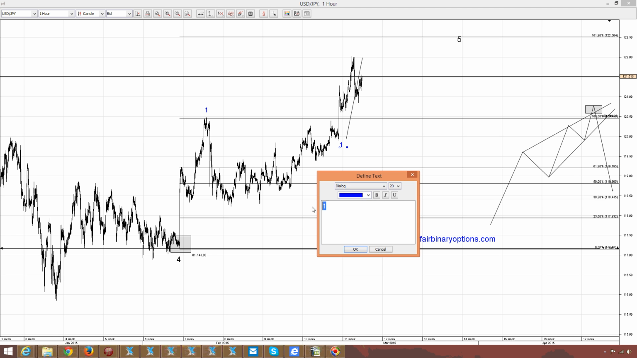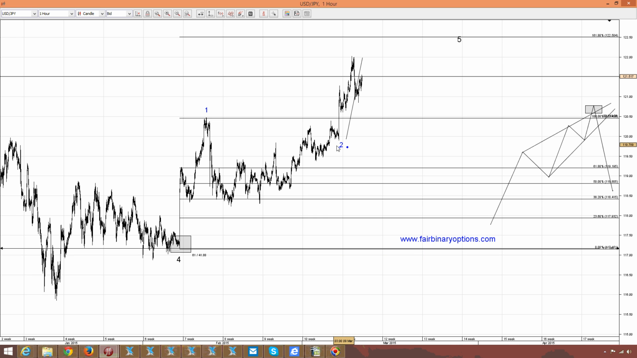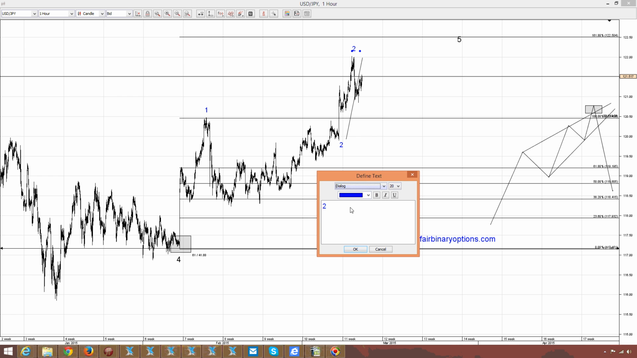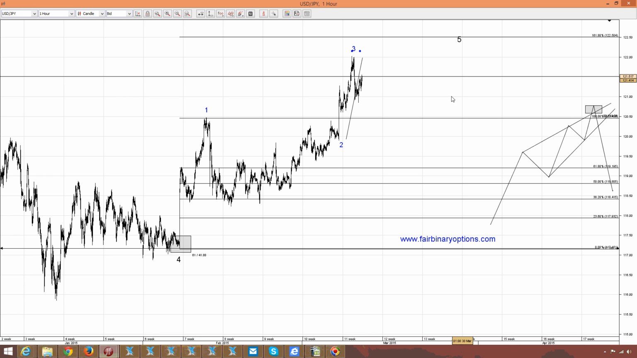Now, if this is the second wave, then we definitely need the third, and the third can only be this one in order to have the extension for the first wave. So 1, 2, and 3. This means that the whole move that started here on the right side can only be a fourth wave. But in order for this to be a fourth wave, we need a simple correction, most likely a contracting triangle, or we will have a fourth wave of, let's say, a flat or stuff like that. What I would like to see here on the US dollar Japanese yen is the following: